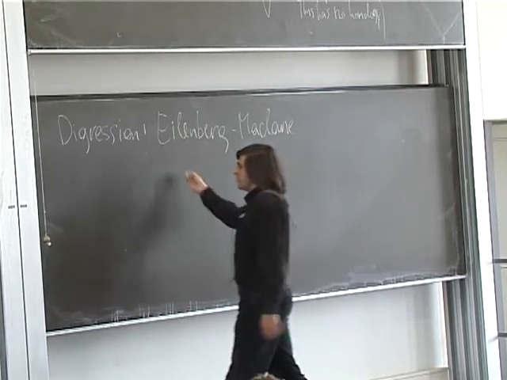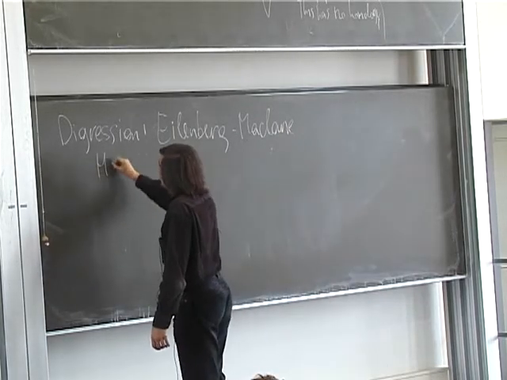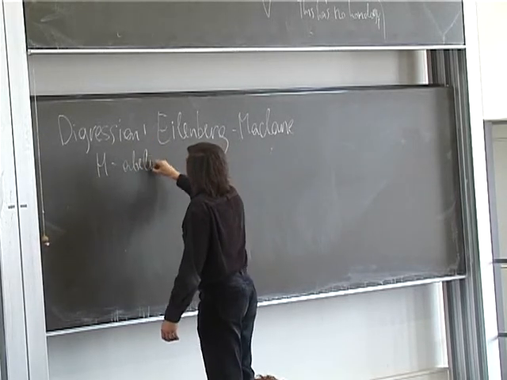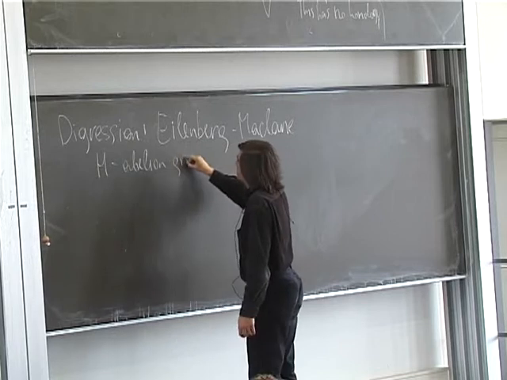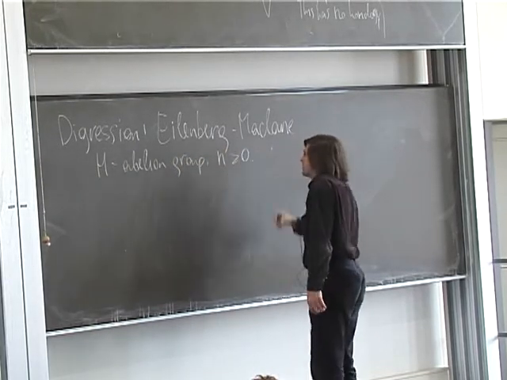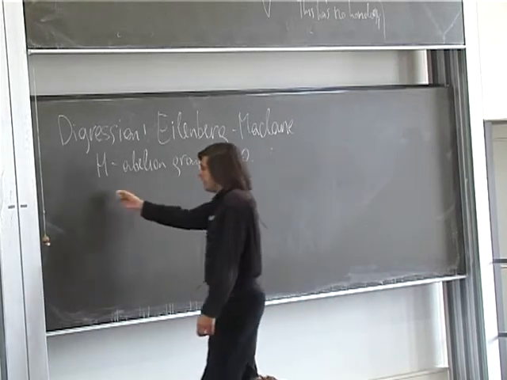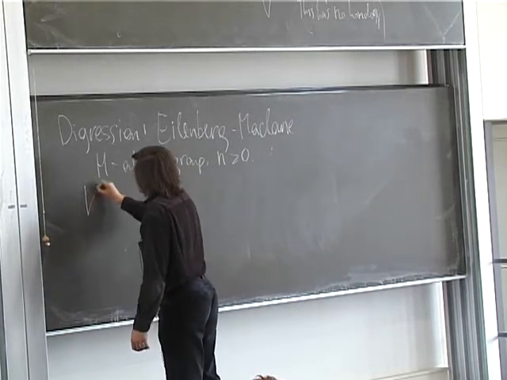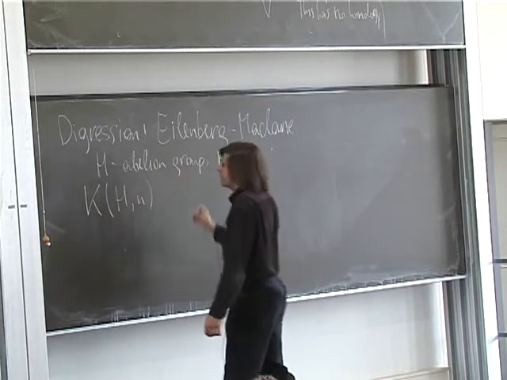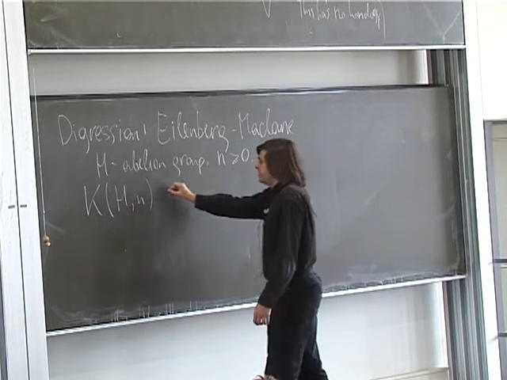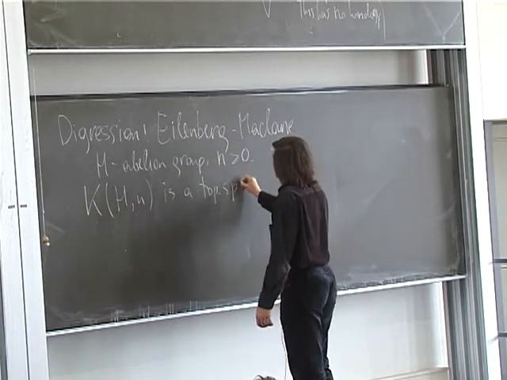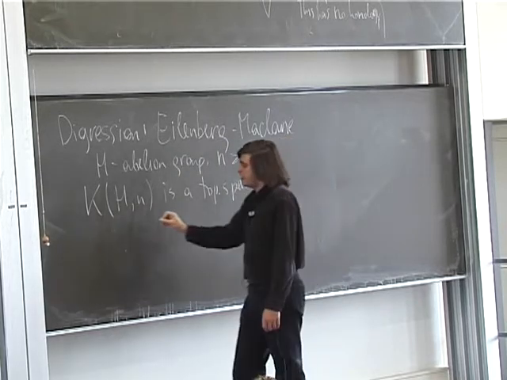I remind you that if I have some group H, let's say an abelian group, and some non-negative integer n, then an Eilenberg-MacLane space K(H, n) is by definition a topological space such that